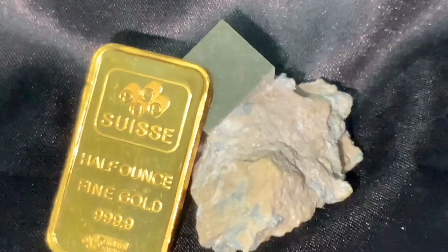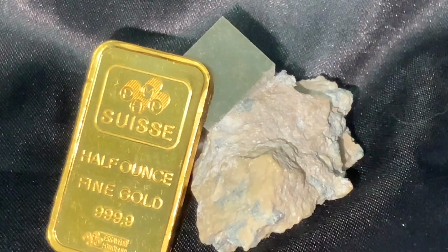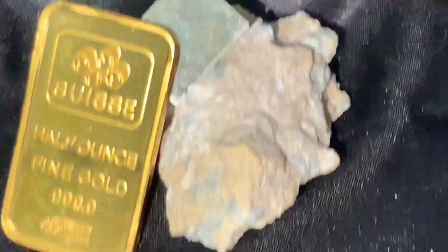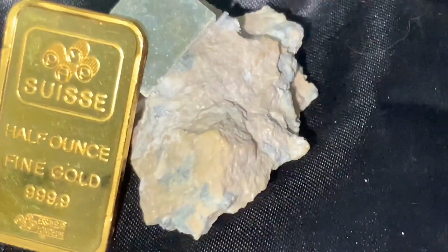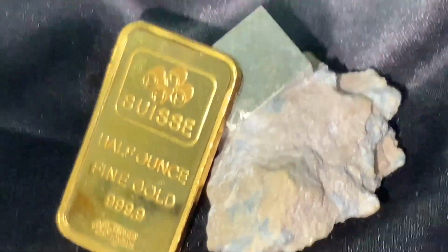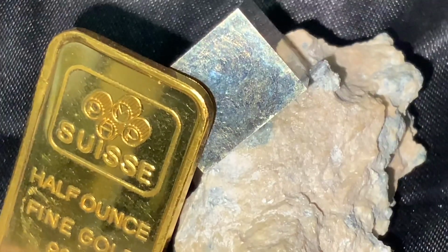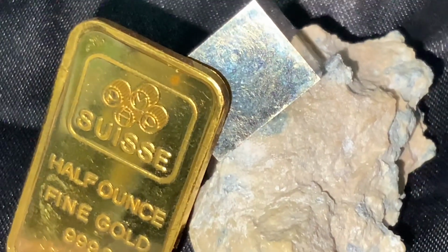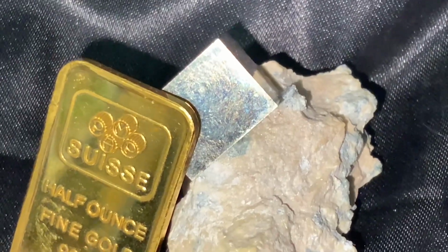where the demand is quite high, not only for central banks but also for jewelry applications, for cultural appropriations, and especially China and India. Gold is highly sought after there among the general population, but it's becoming more and more desired even in the West. And I think that's a good thing. People are realizing, especially with the volatility of cryptocurrencies, how much gold is certainly desired these days. So, very interesting story on science,